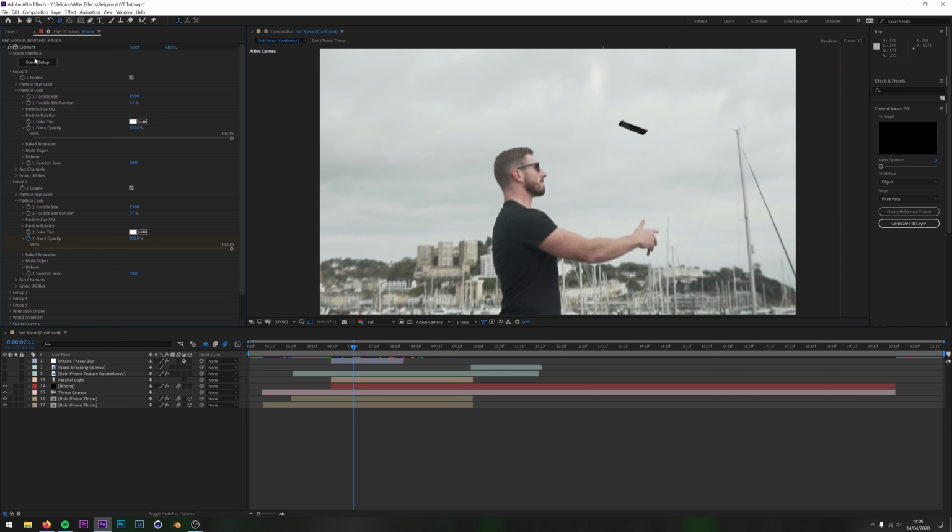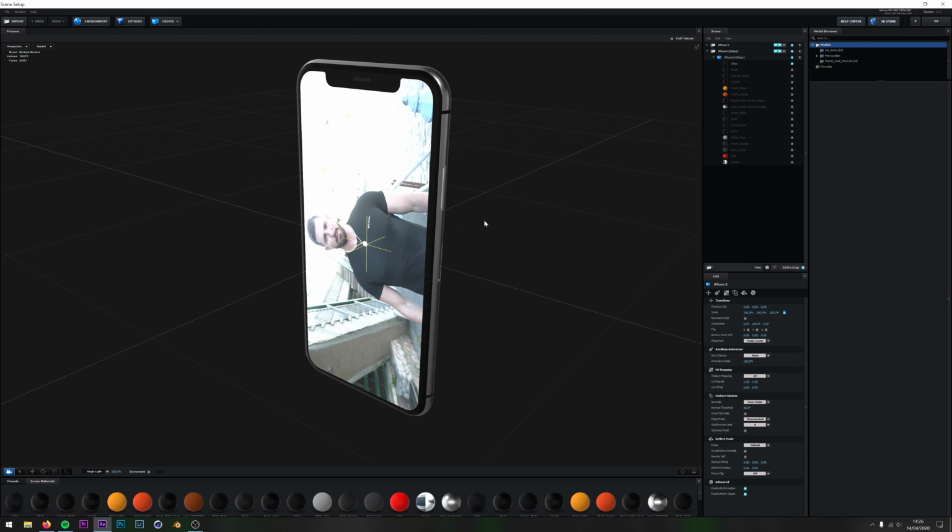That would then bring up the Element layer effect, which is essentially just an effect for that solid. But this is the very powerful plugin that allows you to add 3D elements into your After Effects project, and it also creates a scene for you as well. If I click this, it's going to open a whole new window that you can then use to set up the scene. I'm not going to give you a tutorial on how to use Element 3D. I'm just going to give you a quick breakdown of the 3D model I've used and how I got it into the scene.